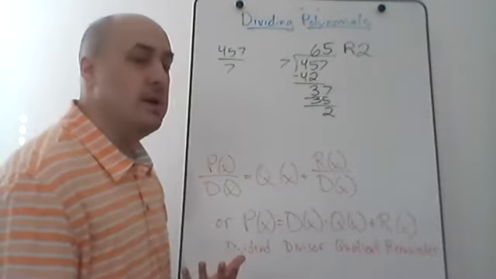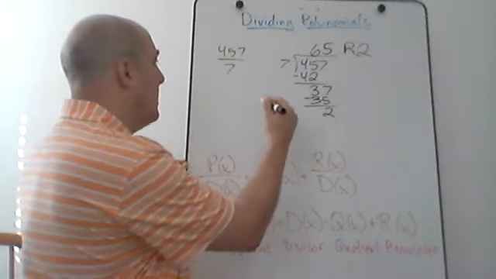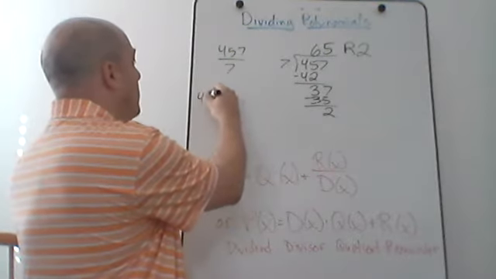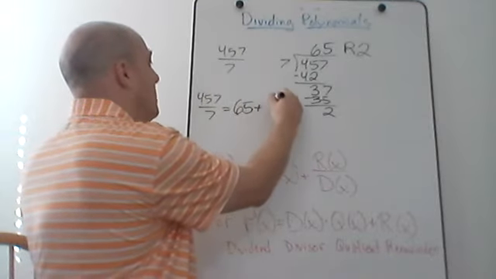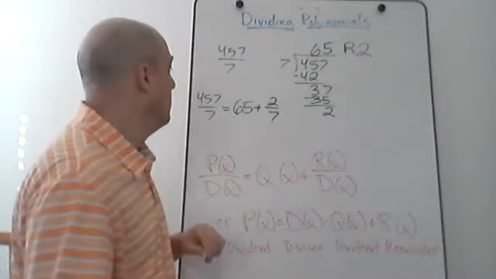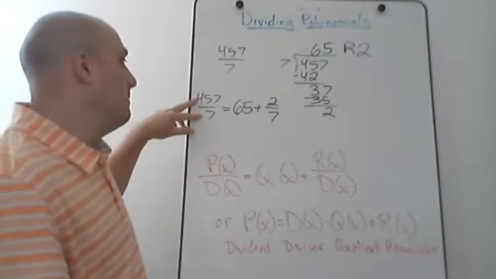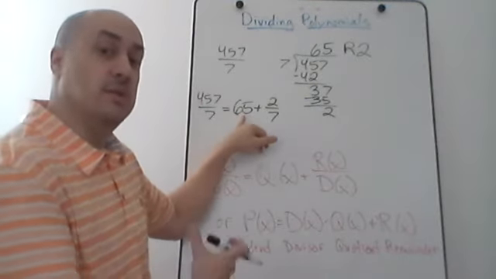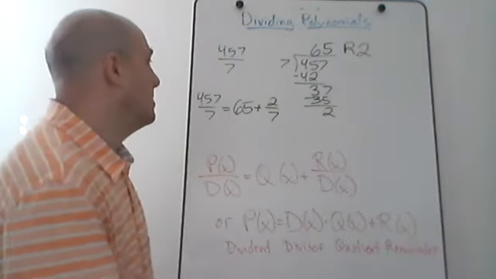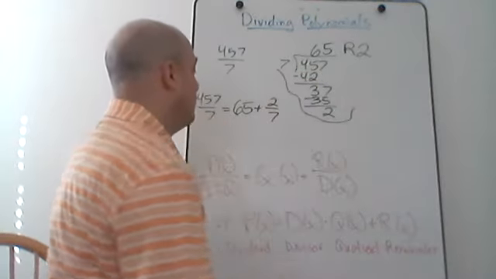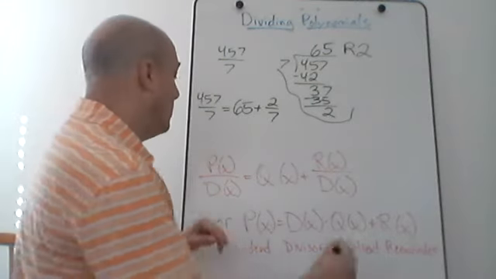Now there's a couple ways you could write that. You could write it as the fraction we had here, 457 over 7 equals 65 plus 2 over 7. So 457 over 7 is 65 wholes. It goes in there 65 full times, and then plus 2 sevenths left over. So that's one way you can write the result of division. The other way you could write it would be